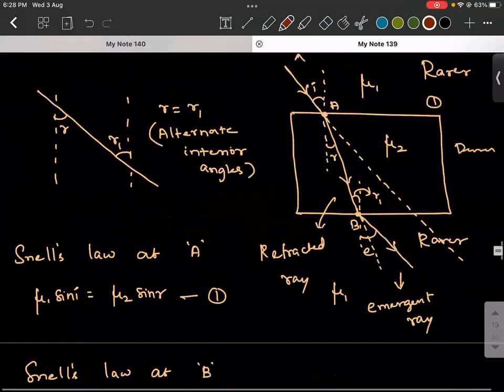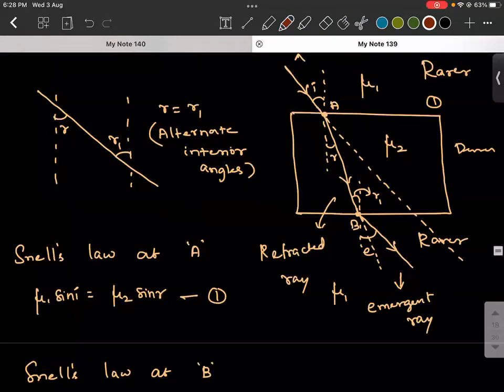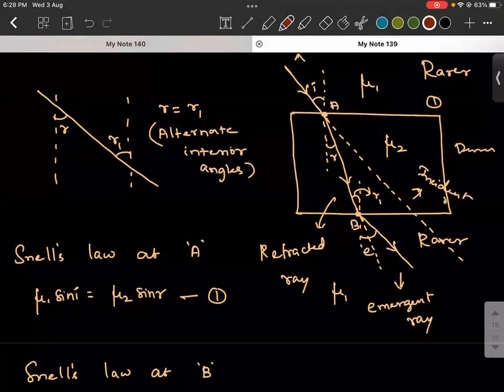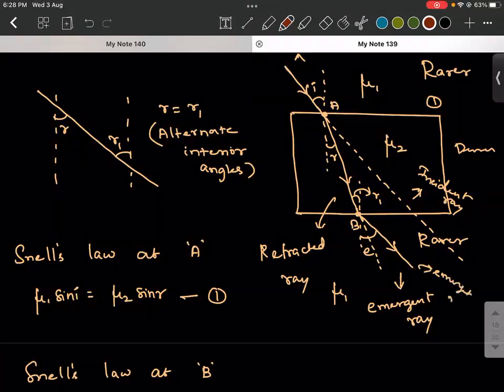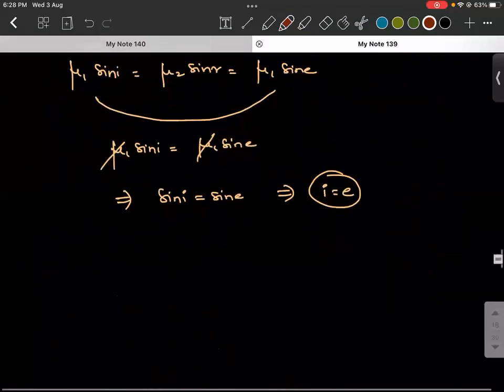So from that, what I can diagrammatically observe is the incident ray is parallel to the emergent ray. So from this, an important conclusion that we can draw is